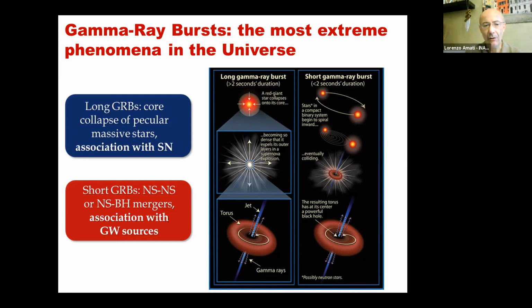So they actually are located in star-forming regions within star-forming galaxies, whereas short gamma ray bursts are produced by neutron star mergers, and, as was conjectured for many years, at least a fraction of them may be produced by neutron star black hole merging. So the merging of neutron star black hole systems.